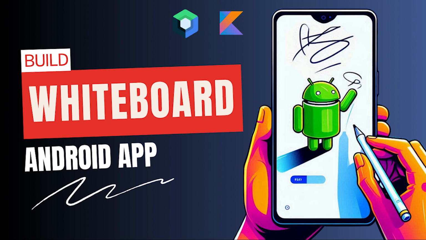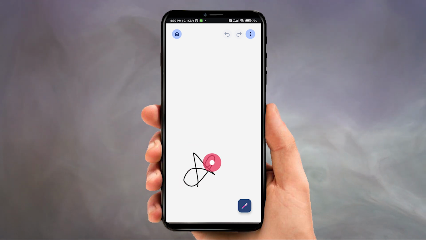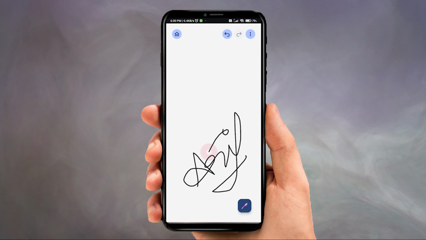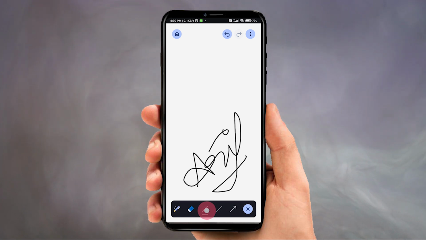Let's first see how the app looks. So this will be our app and here we can draw whatever we want. And here we also have a drawing tool card and we can select different shapes to draw. And this is how we can draw these lines,